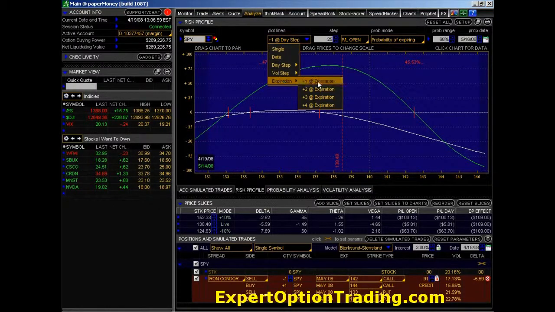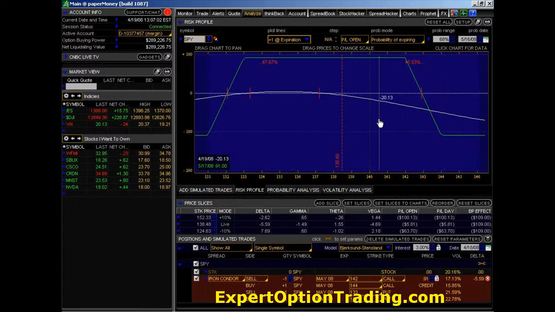We're going to go back to the Expiration +1, and now you can see this is how I monitor these positions on a daily basis. I just go to the Expiration +1, make sure my probability date is the same, and then just keep an eye on this white line. As long as the price remains between your two break-even points, you're going to continue to receive the decay